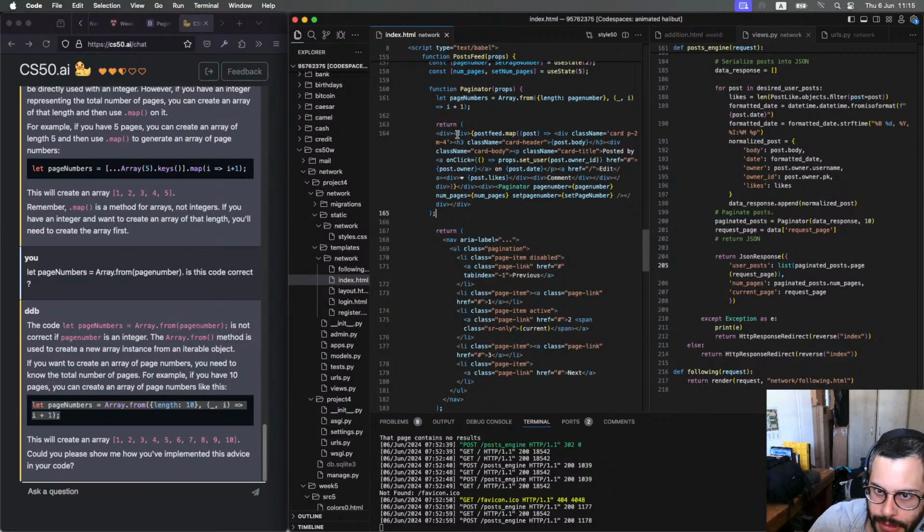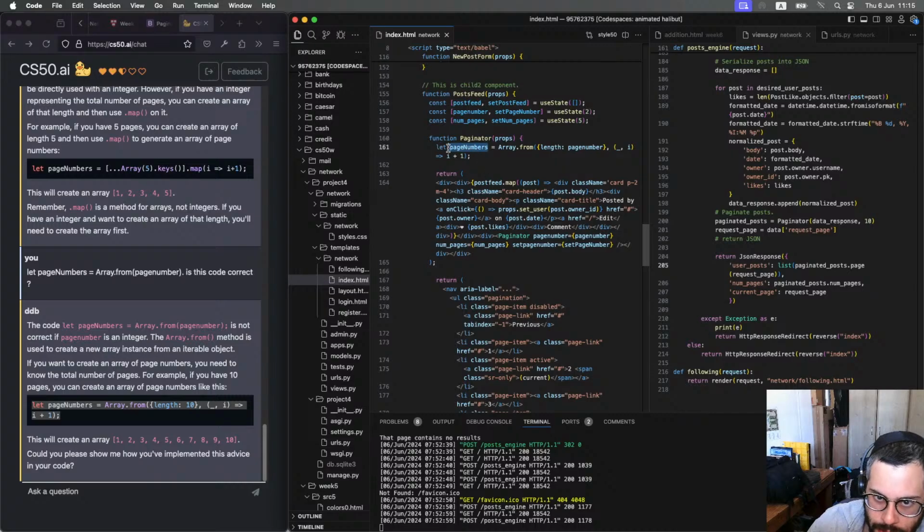Inside of the div, we have, I guess, page numbers dot map. And for each page, yeah, so the first thing I want to return here,